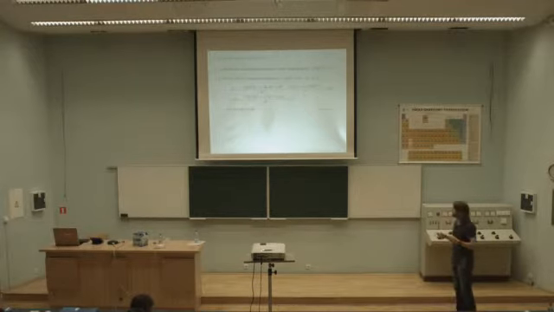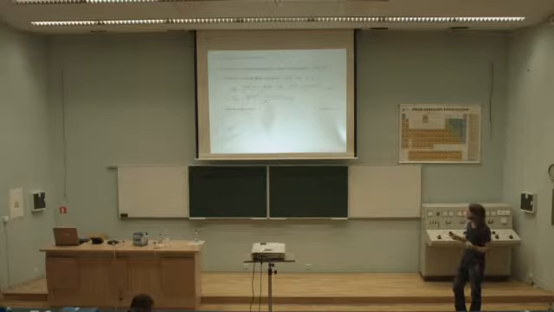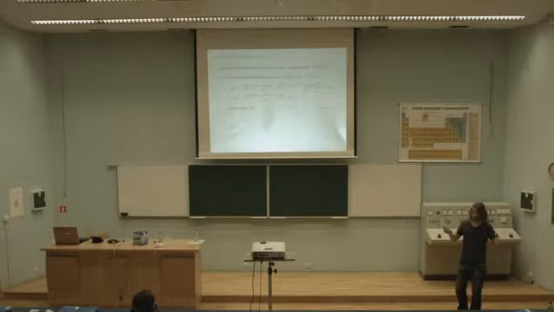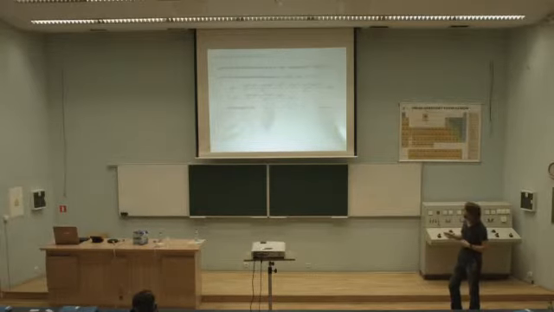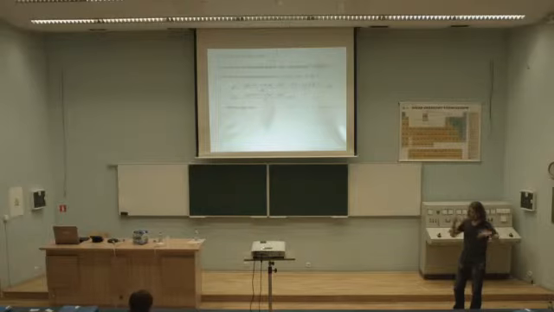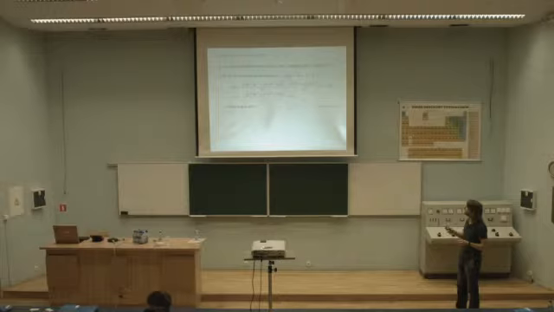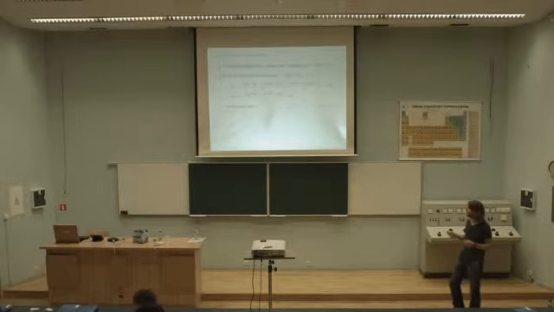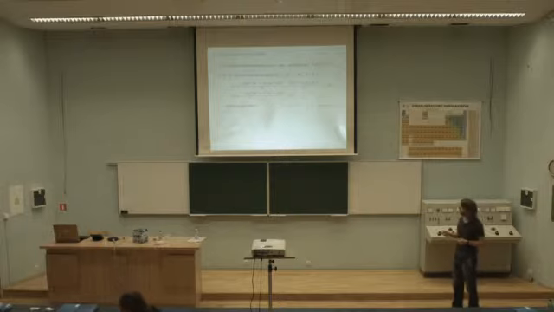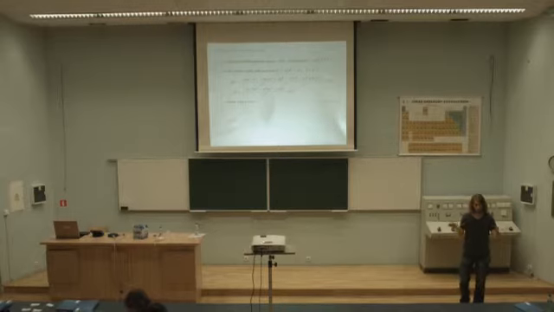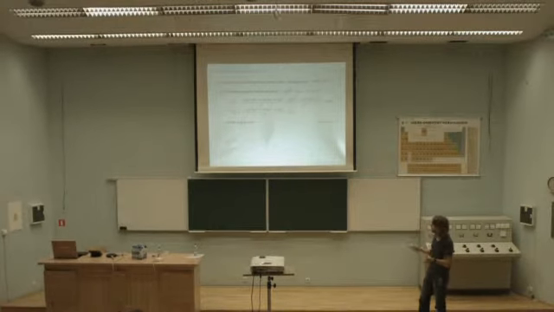So there was one Jordanian deformation which was studied in the literature before, which is based on this R matrix. So D is just a dilatation operator, M is just a Lorentz generator, P is just a translation generator. I mean, I have a conformal algebra, so I have a dilatation operator. So what you get, if you stick that in the action, you expand, you get something which is AdS5, but modified a little bit, and just a sphere which remains the same, and you introduce a B field. Now you can then work hard and show that this solves the supergravity equation of motion, so it's apparently a sensible thing to put a string in this background and look at it.